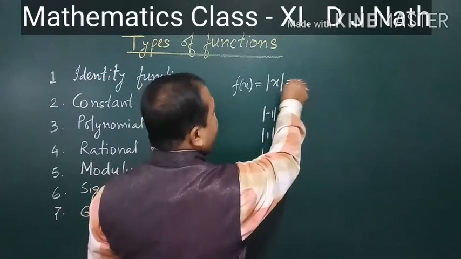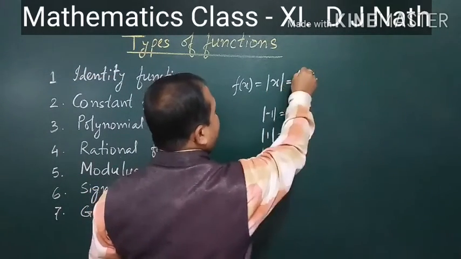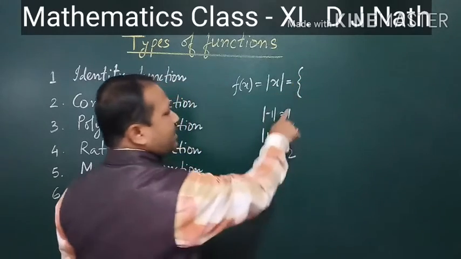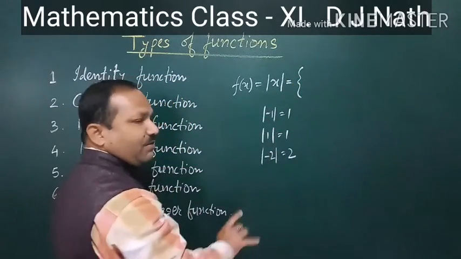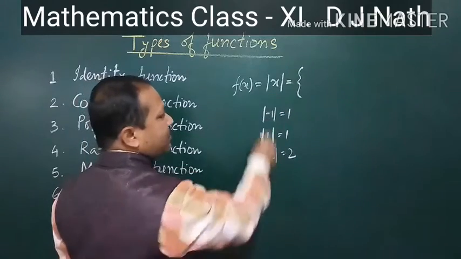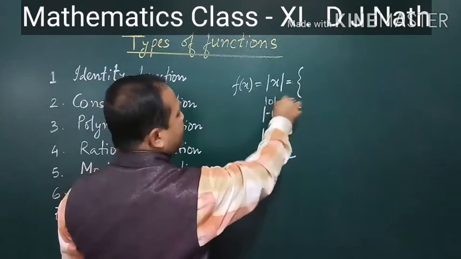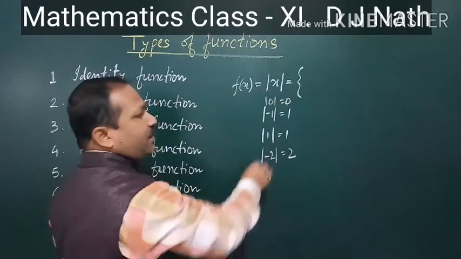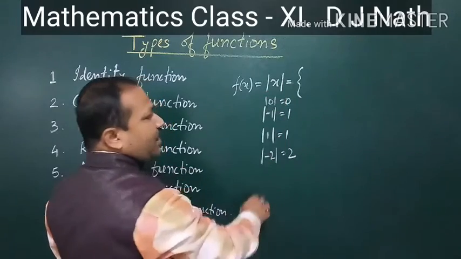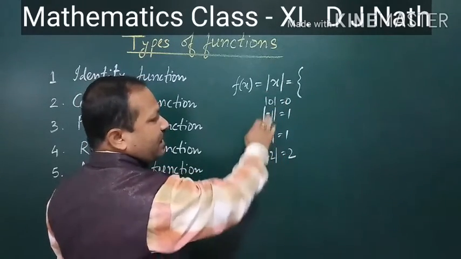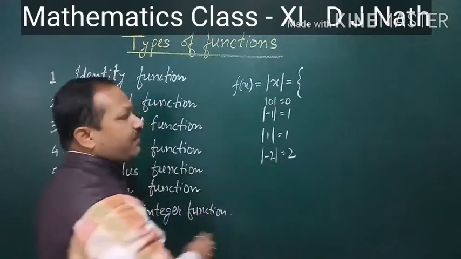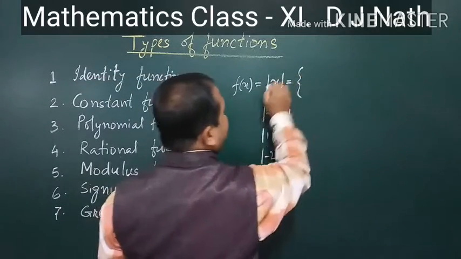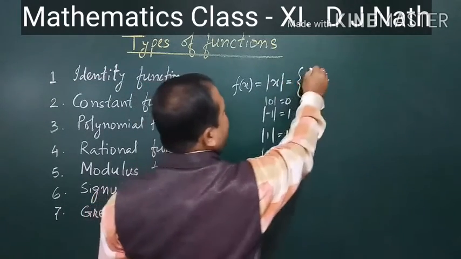Before that, I will tell you the modulus function can be expressed in that way because its result is always positive. X may be positive or negative, whatever it is. X may be any value. Modulus of 0 is also 0. But for other values, whatever x comes here, the result f of x will become positive. So this can be expressed in that way without modulus if we write it.